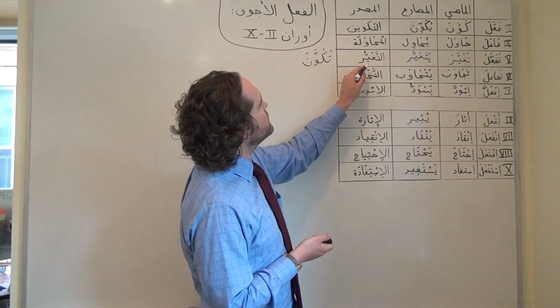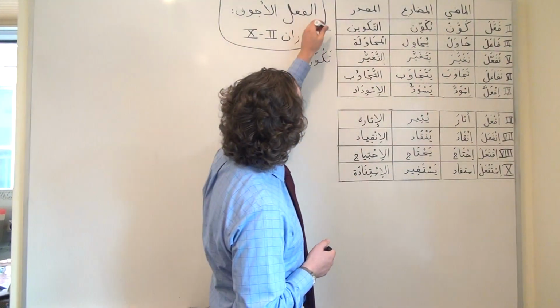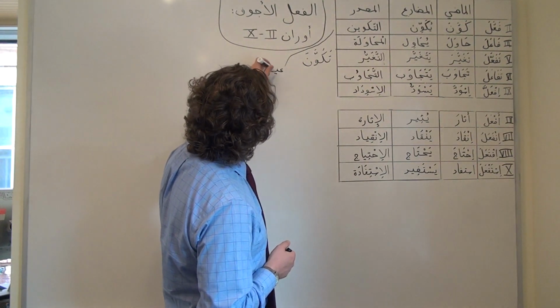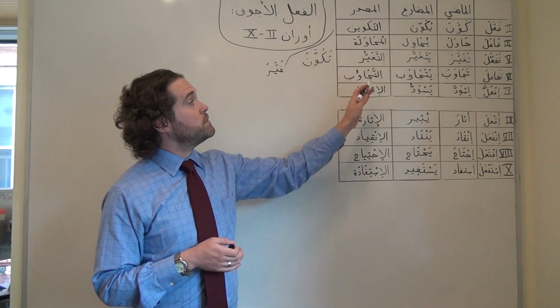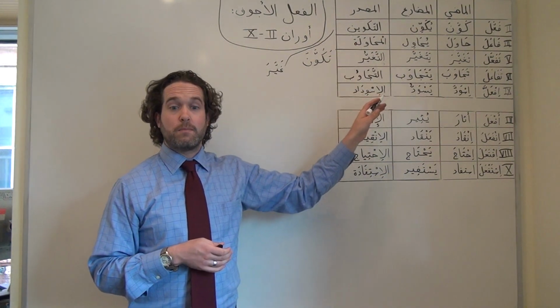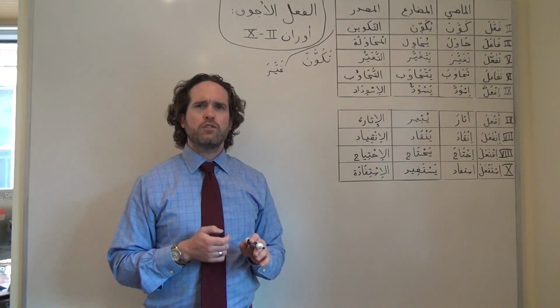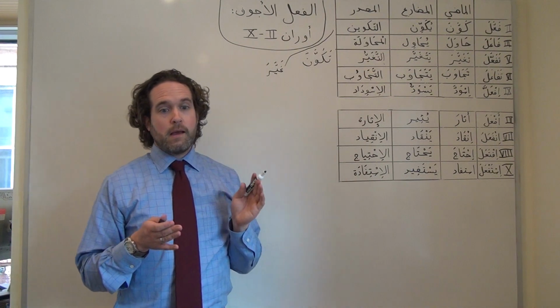Or, for example, if we wanted to talk about ghayyara, a more transitive kind of change, we could put it into form 2 and it would look like this. Ghayyara. Same down the line with these 5 examples. No need to worry about letters shifting or morphing. Sort of a break from the normal things we can expect from hollow verbs.